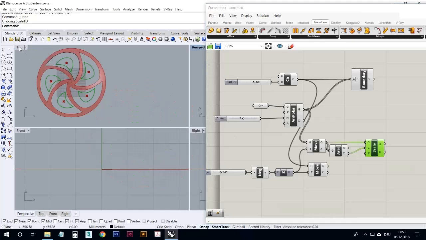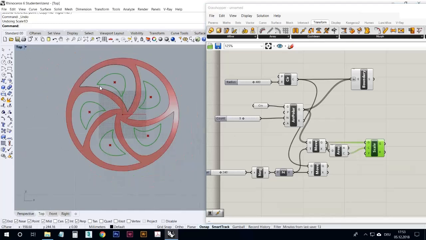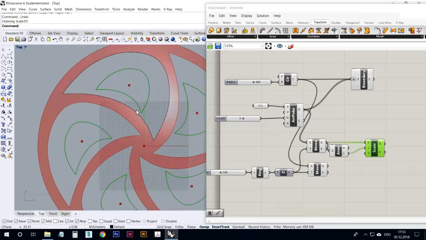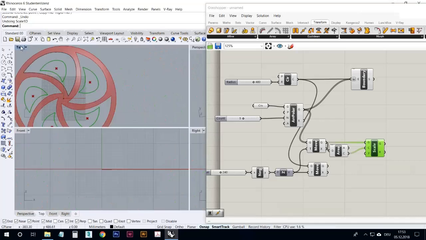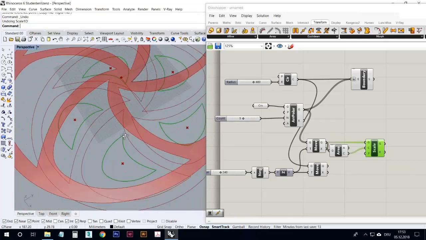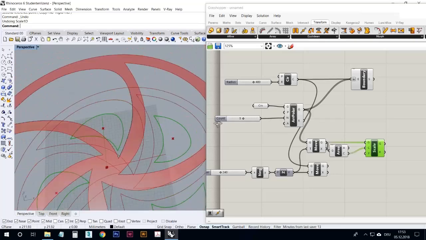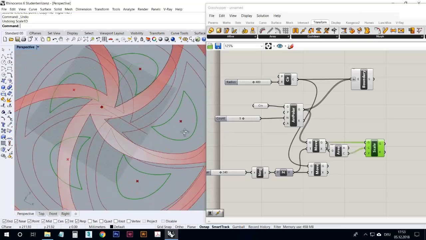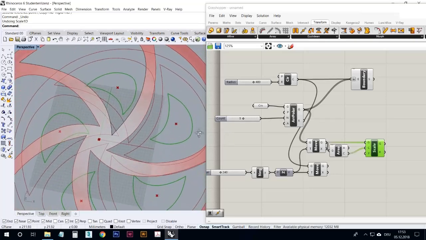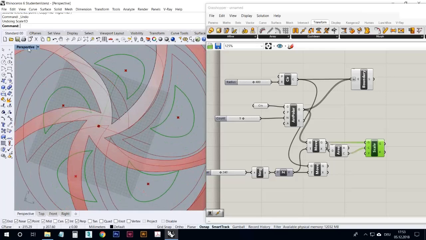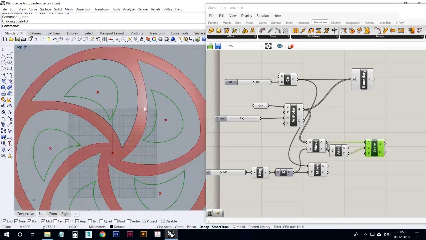But now we see something strange. If I were to build surfaces, walls in between here, what would happen? This surface would be very strange, wouldn't it? You see, it would almost cut into itself. I mean, maybe that's a design idea, then it's one thing. But in this case, I would not like to have it like this. Or then one has to